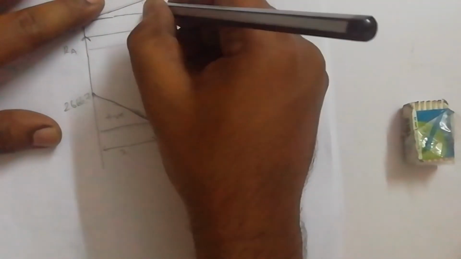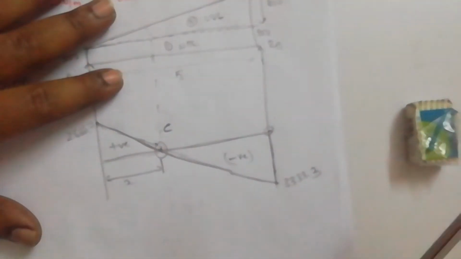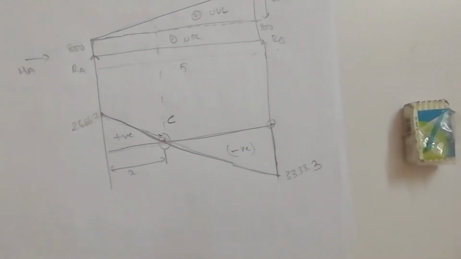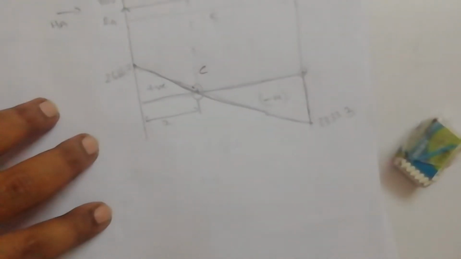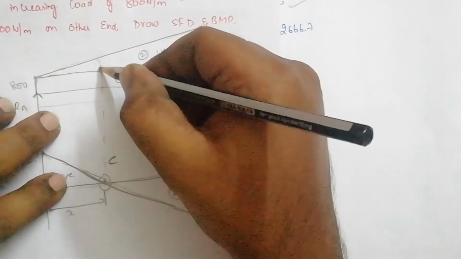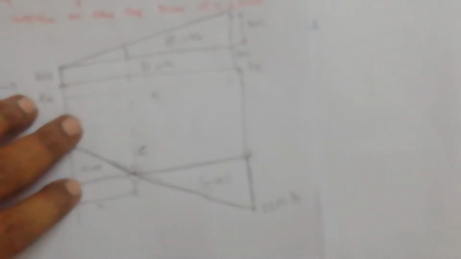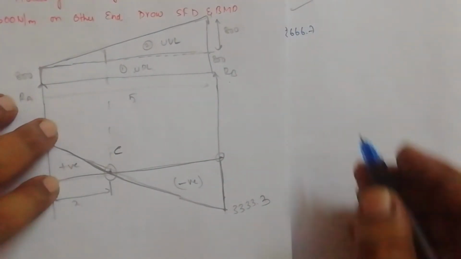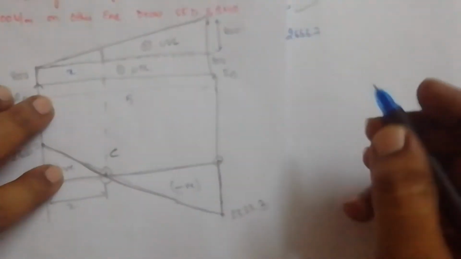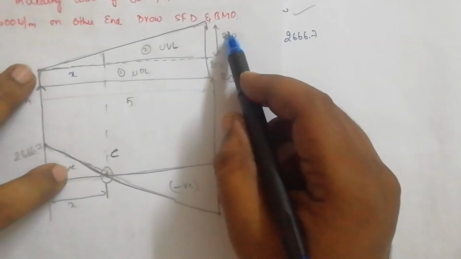Before doing that, you have to do some simple mathematics. So let us do that mathematics here. If you see the diagram clearly, the height of this triangle we don't know, so we have to measure that height. Let us take this distance as x. So for this 5 meter length, what is the height of the triangle?